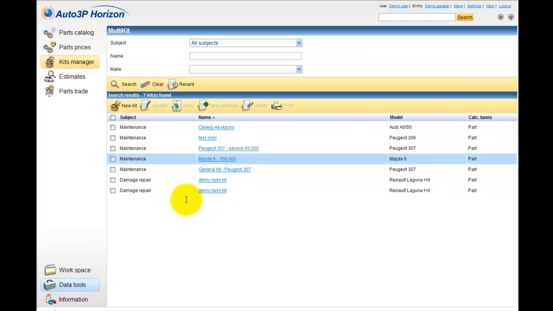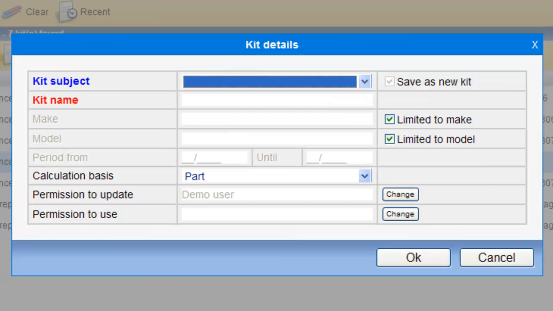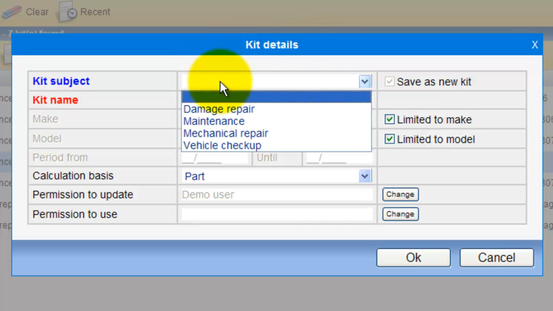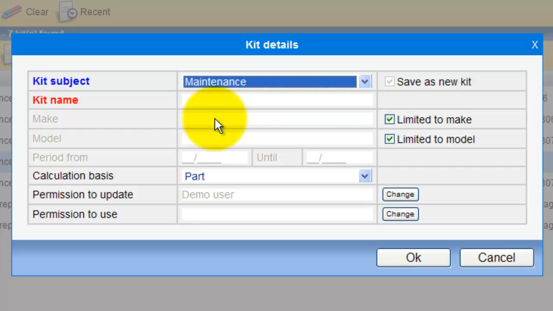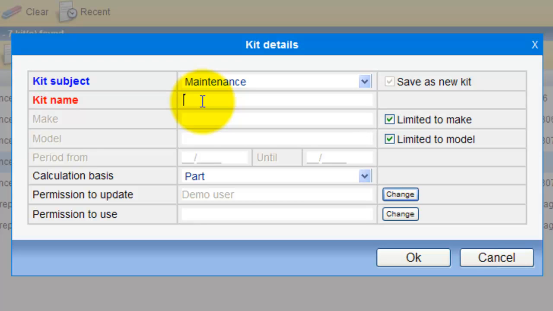Let's create a new kit now. We'll click on the new kit button, and this will open the new kit wizard with the kit details. First thing that we will need to do is to define which type of kit it is going to be. Let's select now the maintenance kit. We need to define its name. This is a mandatory field,